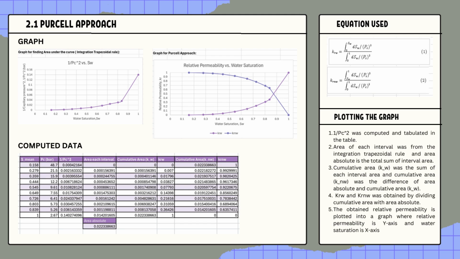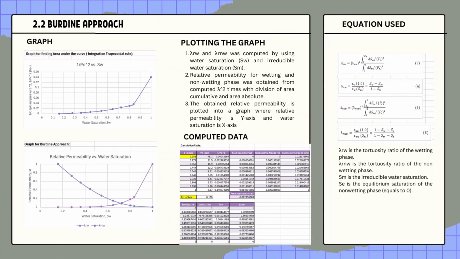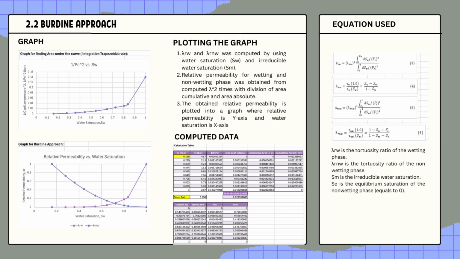Then the relative permeability of wetting and non-wetting phase was obtained by dividing the cumulative area with the area absolute. The obtained relative permeability is plotted into the graph where relative permeability is y-axis and water saturation is x-axis. For the second one, we use burdine approach, which is quite similar to the per cell approach, and the only difference is that burdine approach uses lambda, which is the tortuosity ratio for each wetting and non-wetting phase. And to find this,